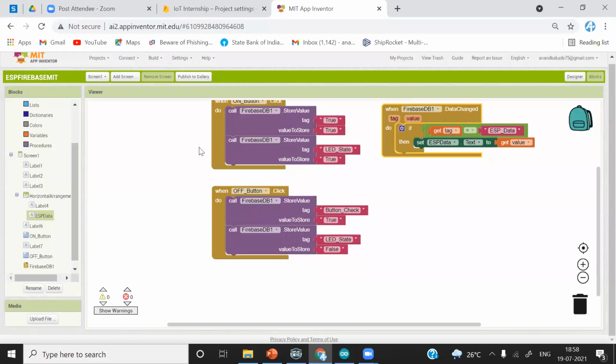Okay, hope you can see the application. Is it visible? Okay, you can see the user interface we have created, the green and red button.